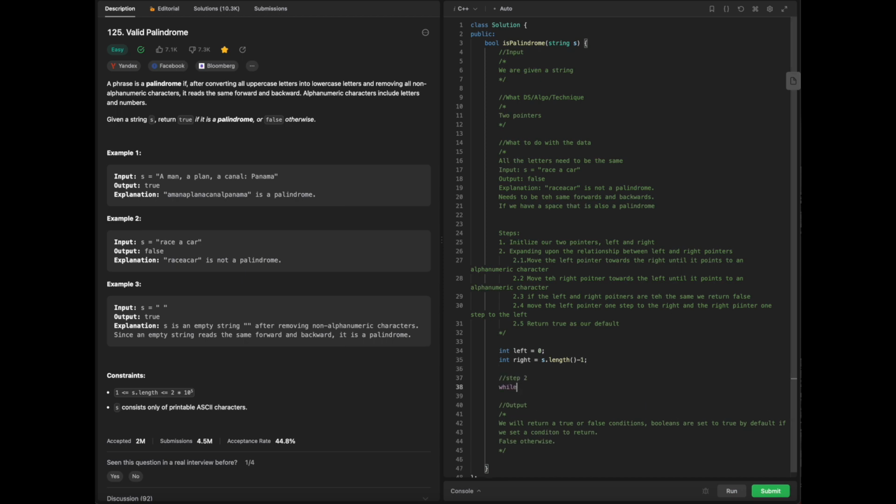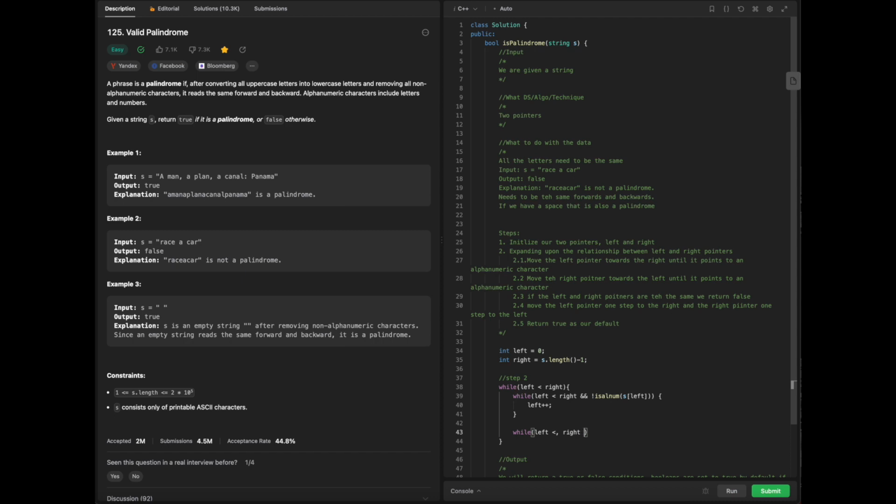While left is less than right, isalnum, which is also from the STL library, is one way to check the characters at the pointers. Right over here, we're going to increment our left, and make sure you have your semicolons and such. And then, while left is less than right,